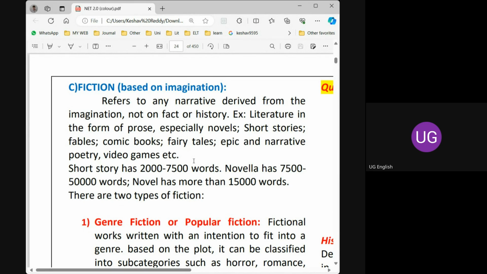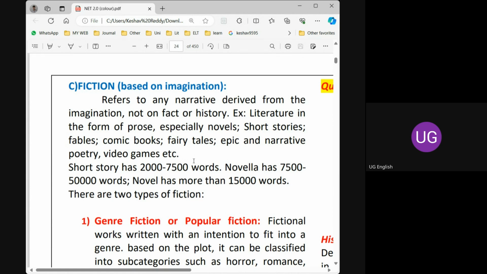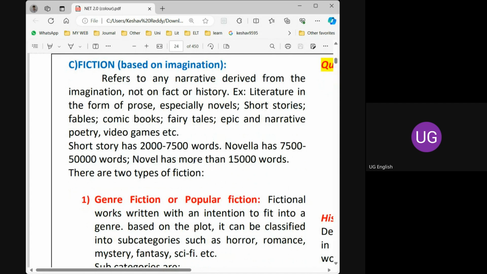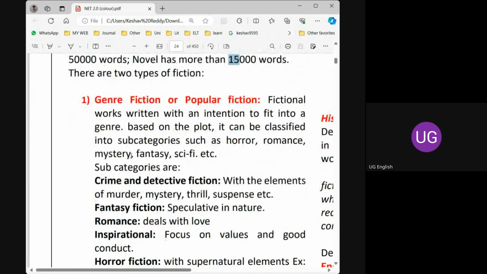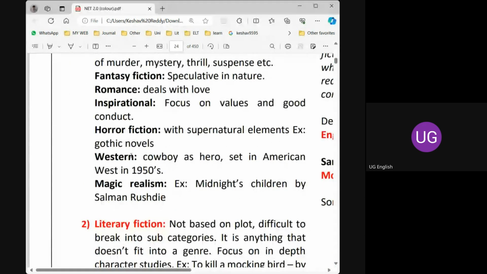And as per the definition, a novella is a little new thing. It is of above 50,000 words. So kindly make a correction of this. A short story is about 2000 to 7500 words, and a novella is of middle length. It is shorter than a novel and longer than a short story. So please remember this.